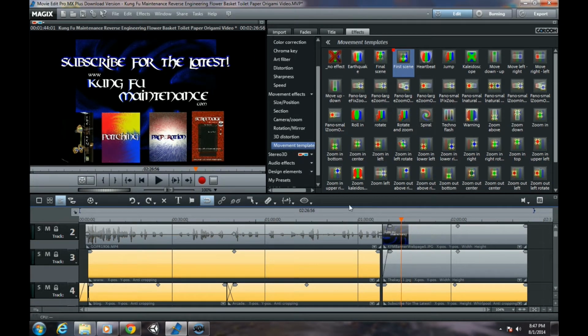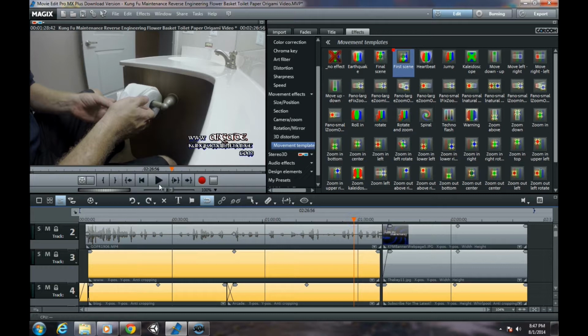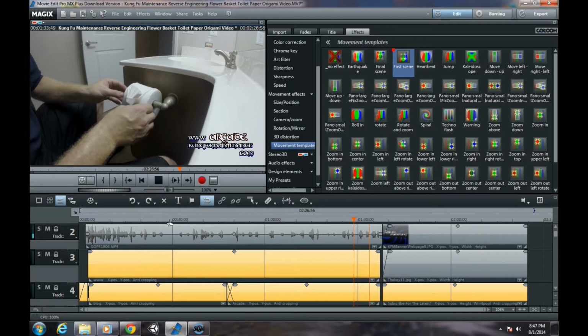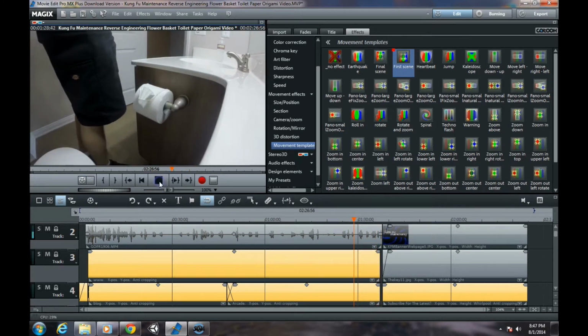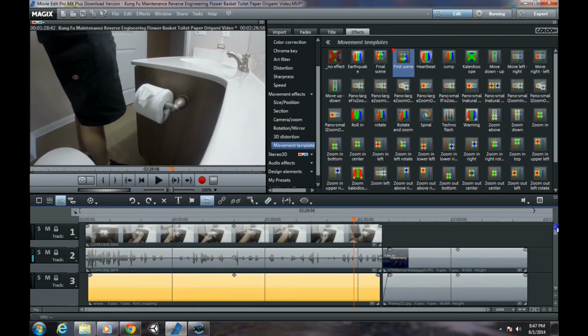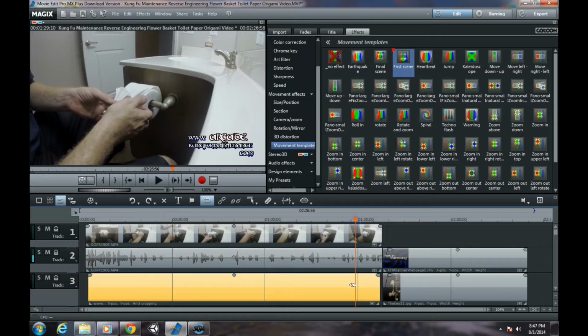Okay, so back to the video editing itself. I'm going to see if I can mimic it. Okay, so I reverse engineered it, and I actually want to take out the audio on this portion because I